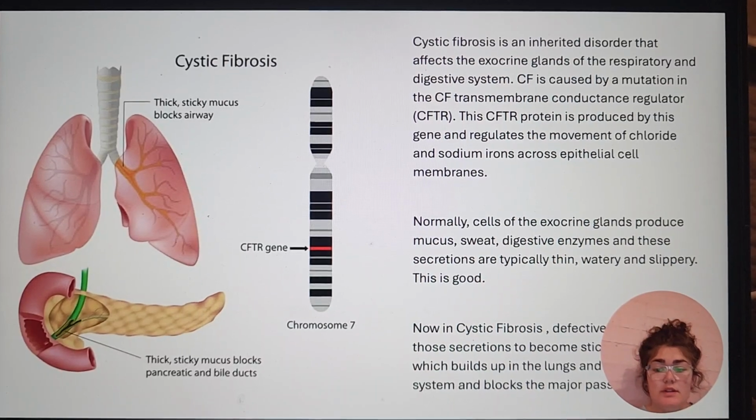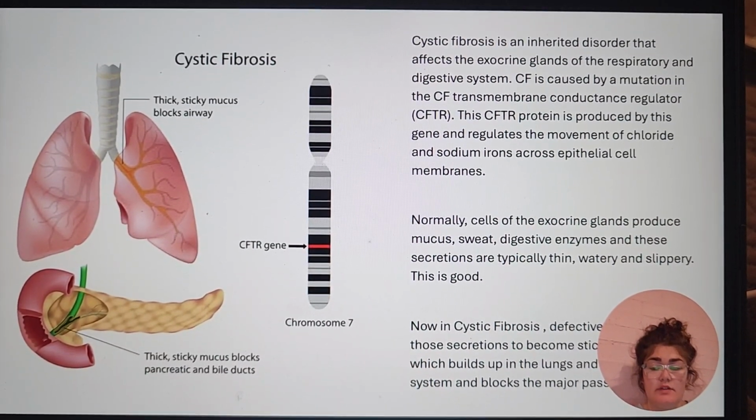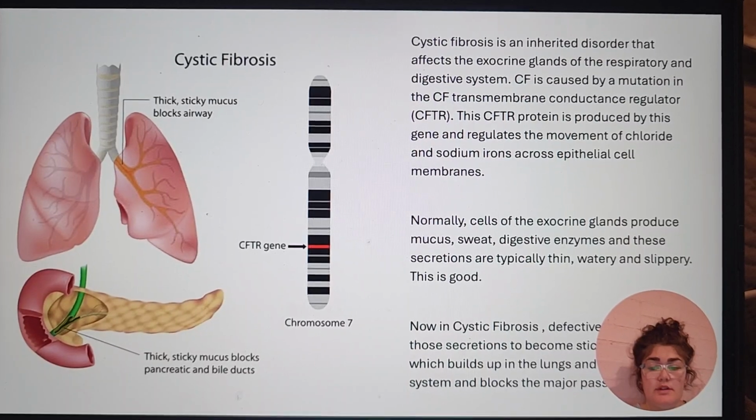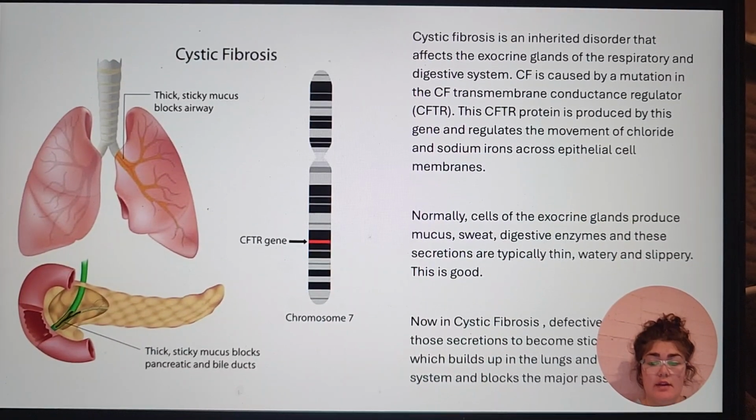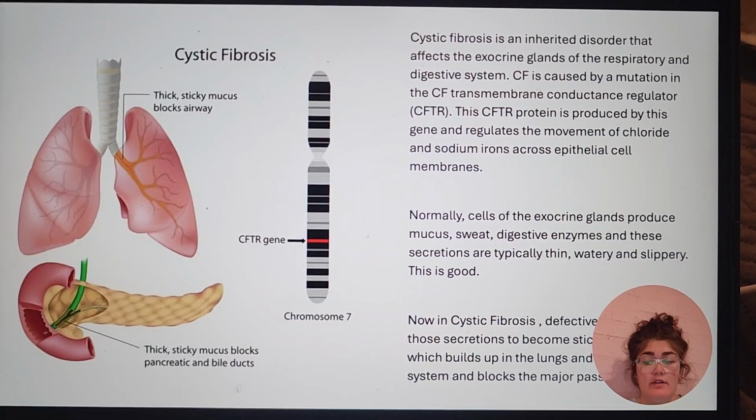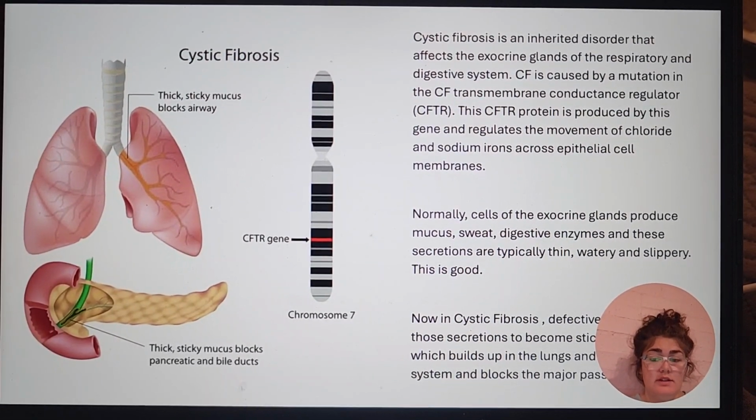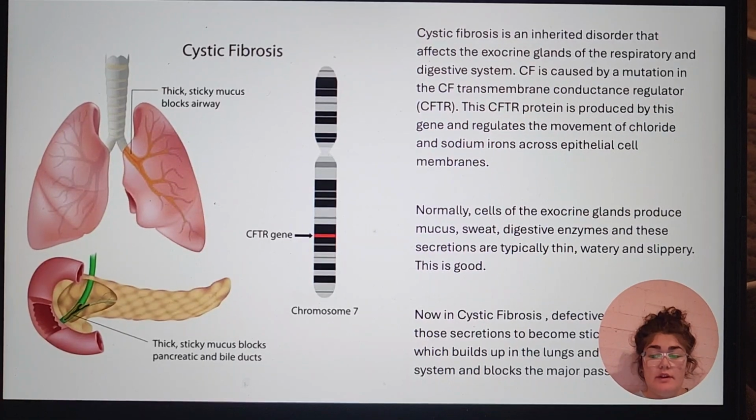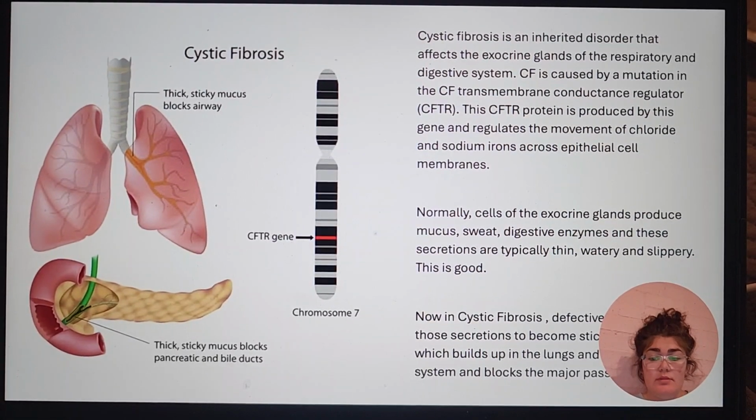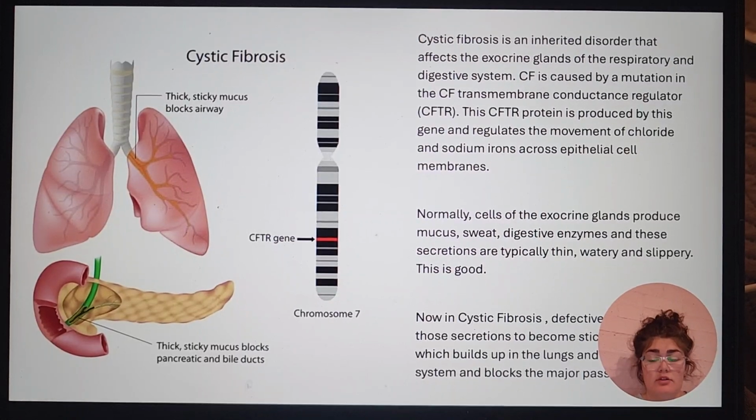Cystic fibrosis is an inherited disorder that affects the endocrine glands of the respiratory and digestive system. Cystic fibrosis is caused by a mutation in the CF transmembrane conductance regulator, also known as CFTR, and throughout this slide and the rest of the presentation, it'll be known as CFTR. This CFTR protein is produced by the gene and regulates the movement of chloride and sodium ions across the epithelial